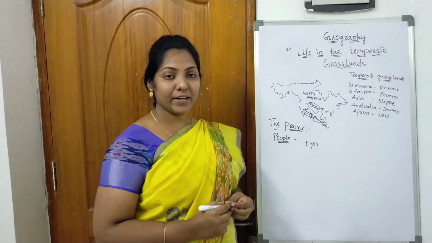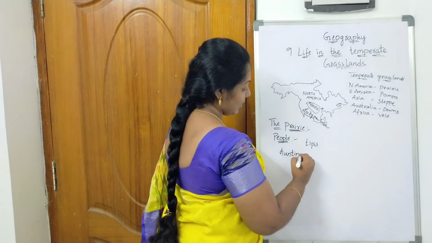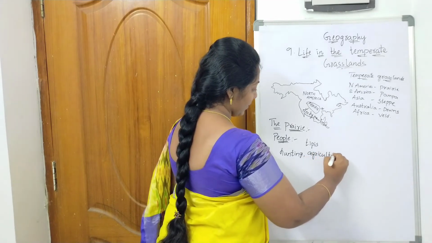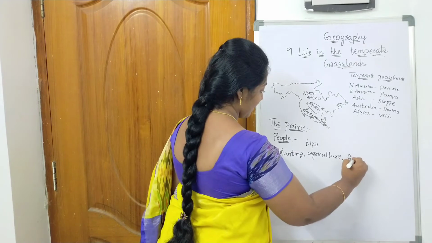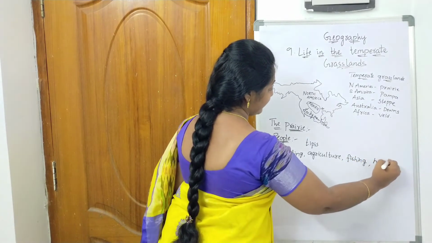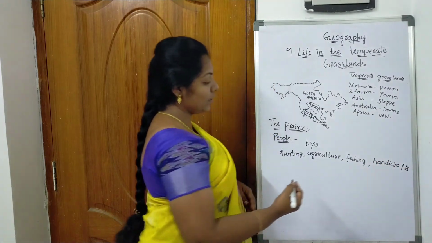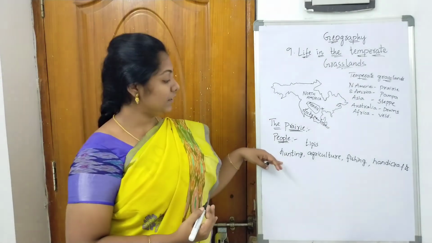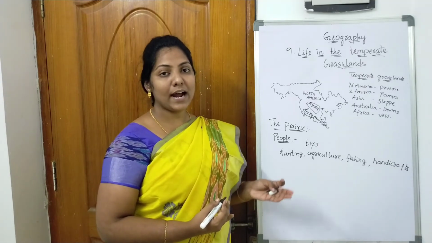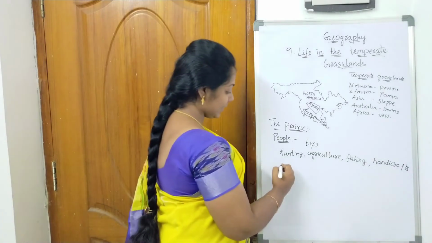The people in the prairies used to follow hunting, agriculture, fishing, handicrafts. All these are the occupations of the people that live in these prairies, and mostly they used to hunt bison for various purposes, and we can see different communities like